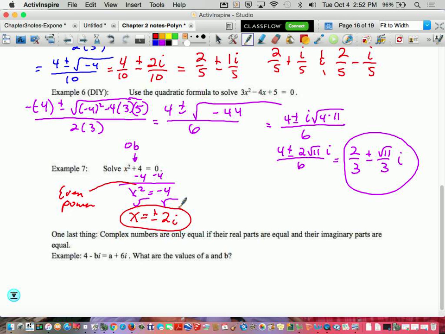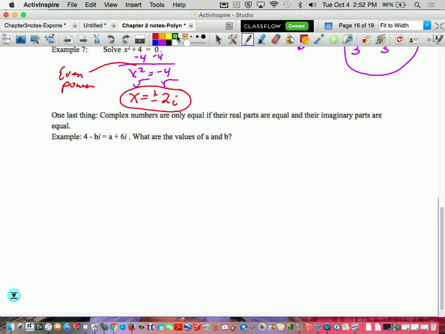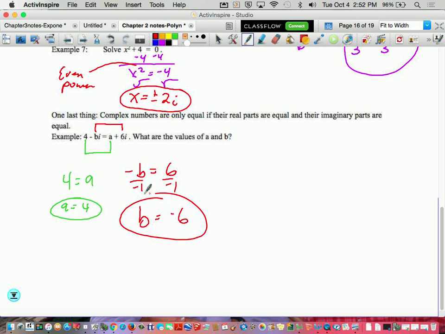So the last thing here, complex numbers have to be equal. Their parts have to be equal. So the equal signs in between. So what's it going to do? The 4 and the A have to be the same, and the B and the 6 have to be the same. So what I would write down is 4 equals A, or A equals 4. And then the red ones, your negative B has to equal 6. So if you divide by negative 1, B equals negative 6. That would have to be your